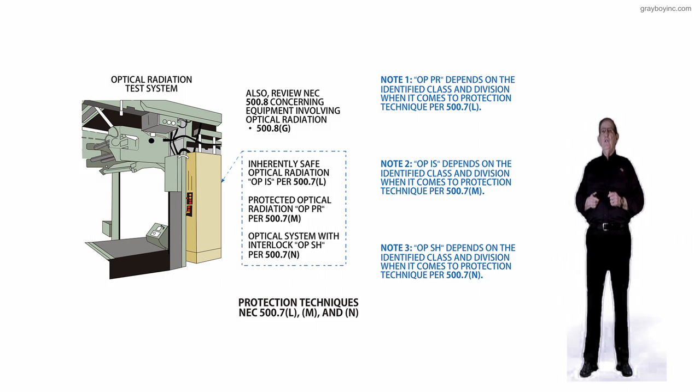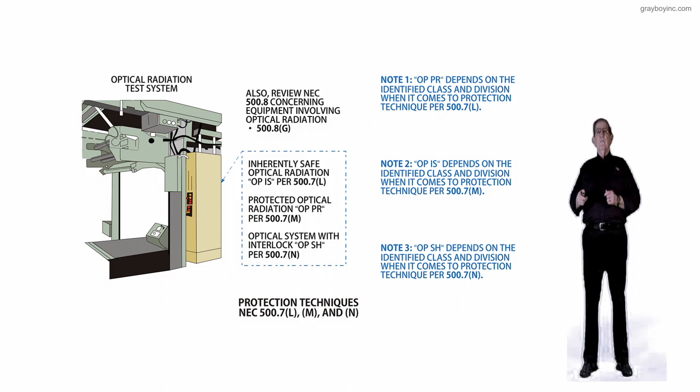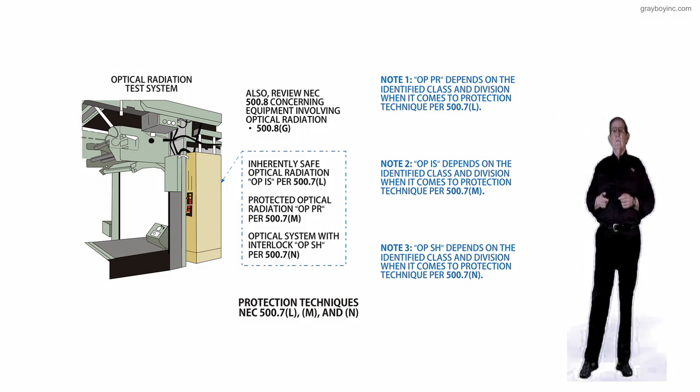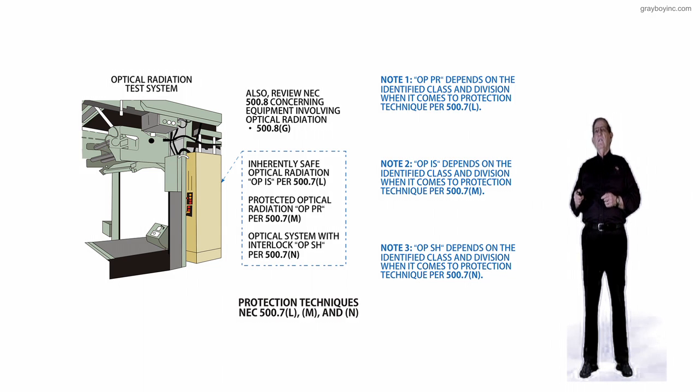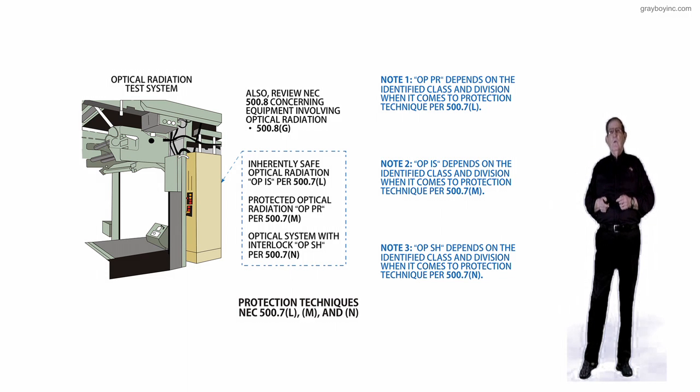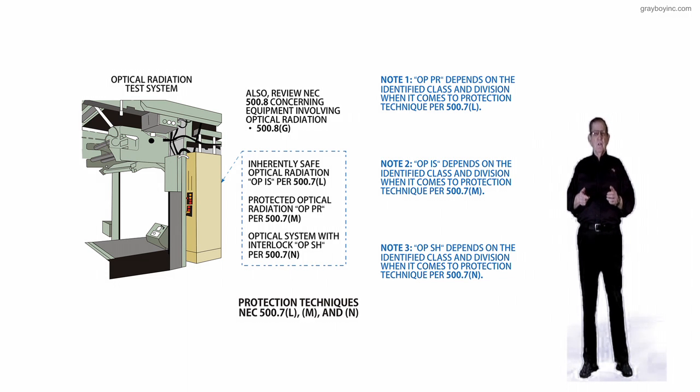Now, note 2, OP. So you know you could go to boxed in information, and OP lines up with inherently safe optical radiation systems. And notice that OP depends upon the identified class and division when it comes to protection techniques per